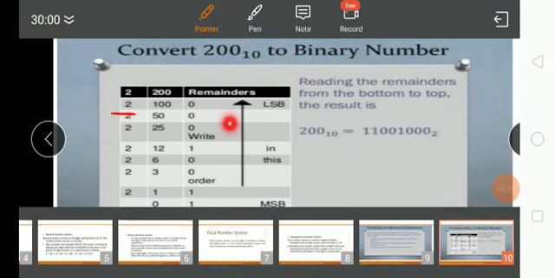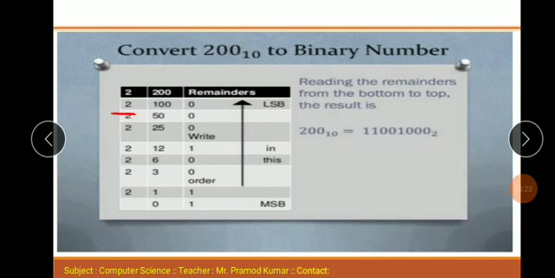25 by 2, 12 times, 2 times 12 is 24 and the remainder is 1. After that, 12 divided by 2 is 6 times, remainder is 0. Then 6 divided by 2 is 3 times, remainder is 0. Then 3 divided by 2 is 1 times and the remainder is 1. After that, 1 divided by 2 is 0 times, the quotient here is 0 and the remainder is 1. Then after that you write